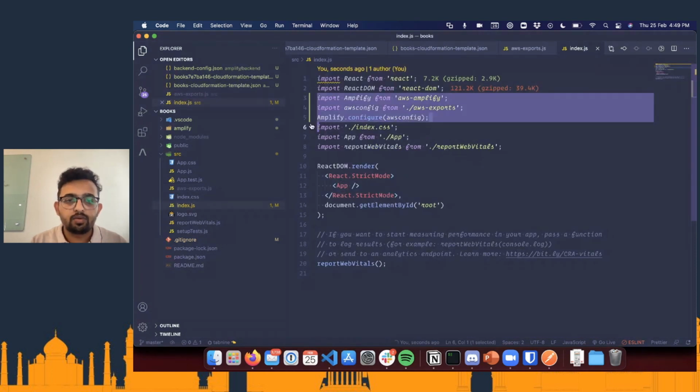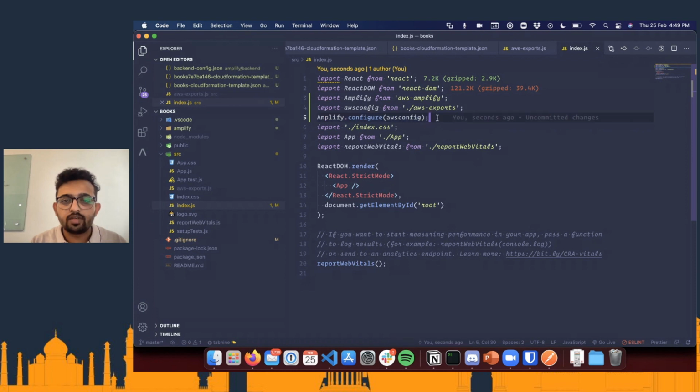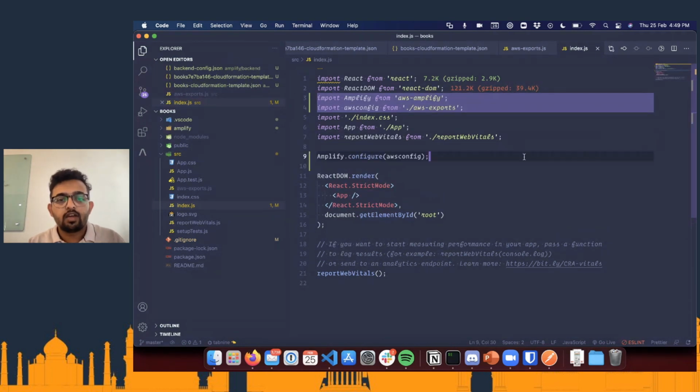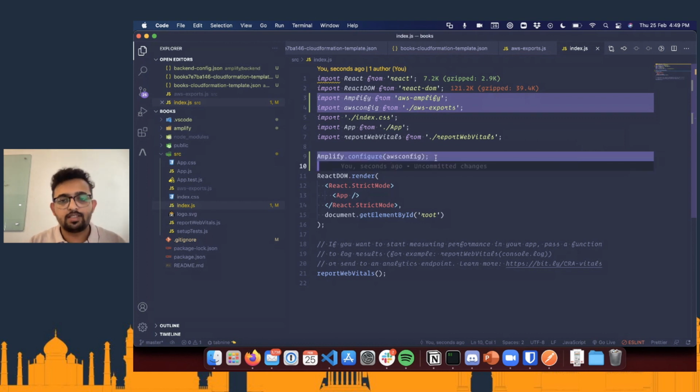So we just need to take that config file and call Amplify configure. If we just do this one line, it is going to read all the configuration from AWS exports and make all of those resources available for us in our Amplify JavaScript library. It is as simple as that.